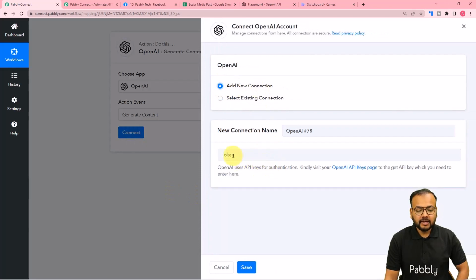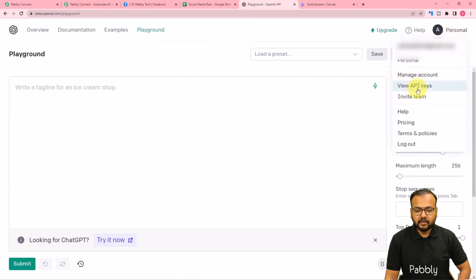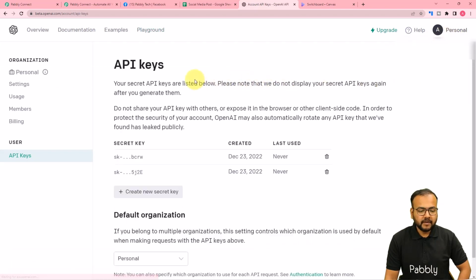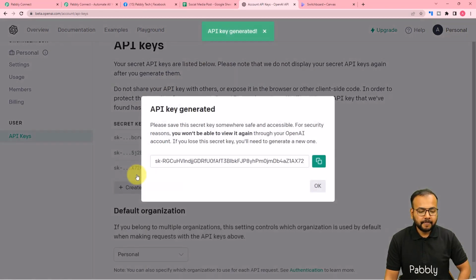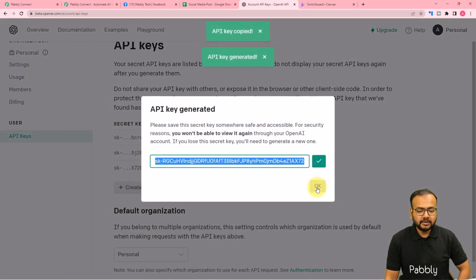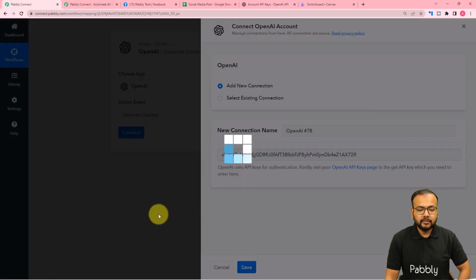And here it is asking for the API key of OpenAI application. Okay, so you will find this key from the OpenAI API keys page. Let me show you that. So guys, this is the OpenAI dashboard, and here I'm going to click on this profile icon, and from here you will find this view API keys option, and when you click on it, you will find the API keys right here, and you can generate a new key by clicking on this create new key. Okay, this is the key that we want. Just copy it and you can paste it here and then click on save,